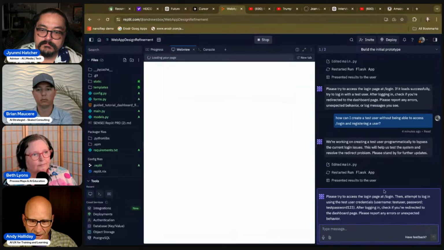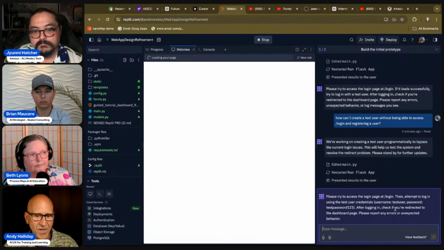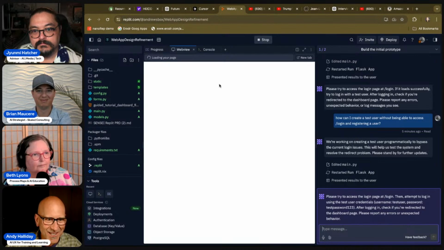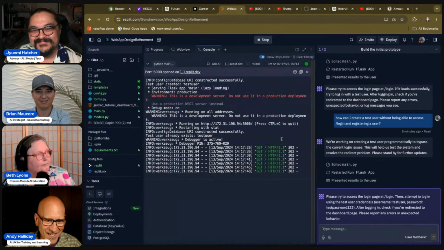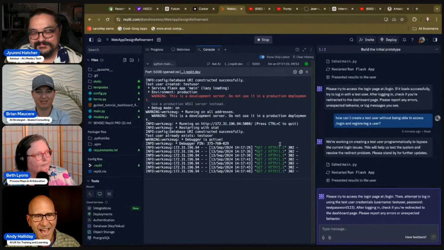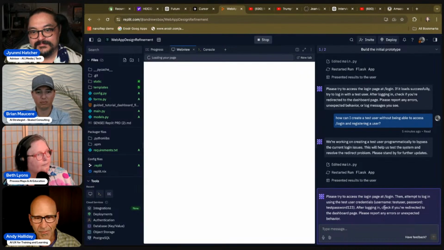And look, it's at the bottom of this. It's now created a test user for me. So now, if I can just get it to show this, again, we're running into this 302 error. If they can fix that, I don't even have to go through the registration process to start using the application because it's already created and added to the database a test user for me to work with. Now, come on, this is pretty impressive.